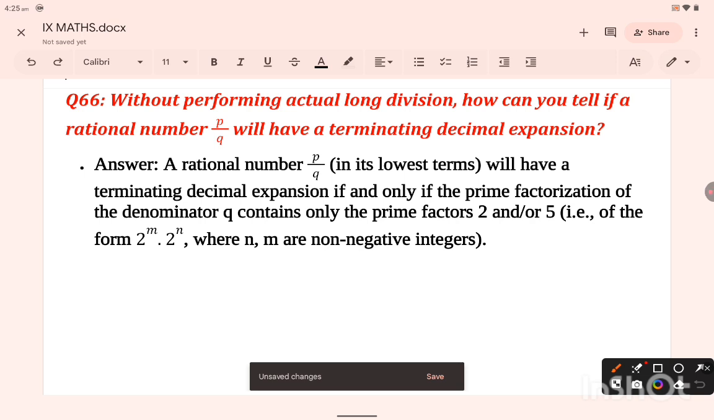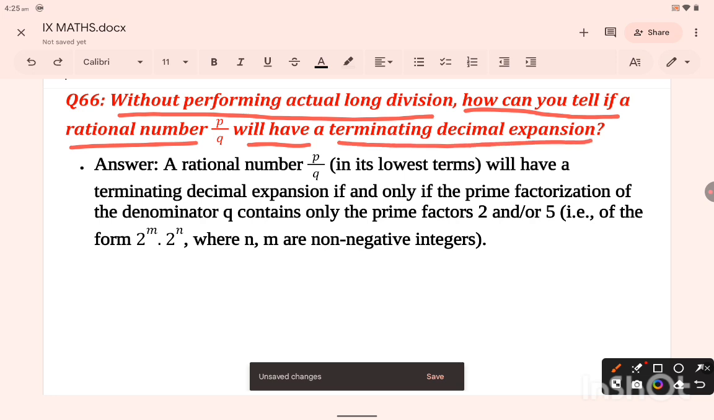Now, question number 66. Without performing actual long division, how can you tell if a rational number p by q will have a terminating decimal expansion? Without performing actual long division, right? Now, the answer: a rational number p by q in its lowest terms, that means in simplified form or simplest form, that means both numerator and denominator have no common factors other than 1,